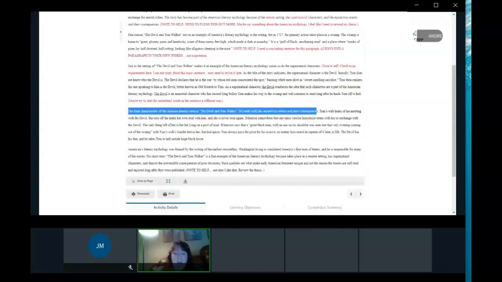The final characteristic of the American literary mythology, I left out a word here, seen in The Devil and Tom Walker, is the mysterious events and their consequences. Okay, so then I go on and I describe what happens. Basically, and I'm not going to read this, Tom makes a deal with the devil, right? And obviously, when you make a deal with the devil, the devil's going to win. So he makes a deal with the devil, and